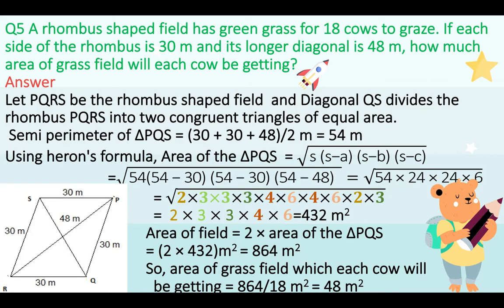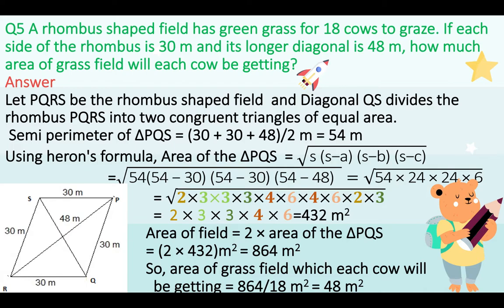You know the properties of a rhombus. In a rhombus, all sides are equal. So since I have been given one side over here, that means all sides will be of the same length, 30 meters. You can see the diagram that I have made. PQRS is the rhombus with sides 30 meters and the diagonal 48 meters. The diagonal divides this rhombus into two triangles of equal parts. I will apply Heron's formula as I have the dimensions of all three sides. I will calculate the area of one triangle and multiply it by 2 to calculate the area of the rhombus, because two such triangles make the rhombus.